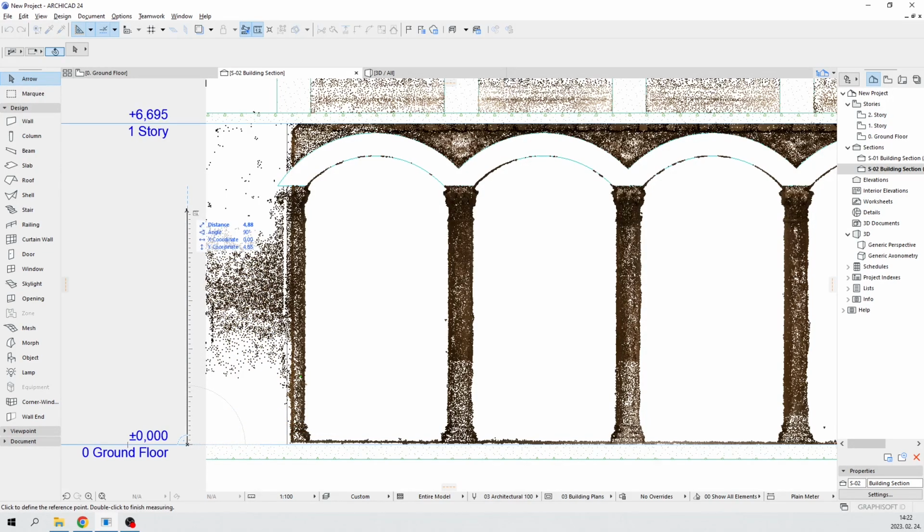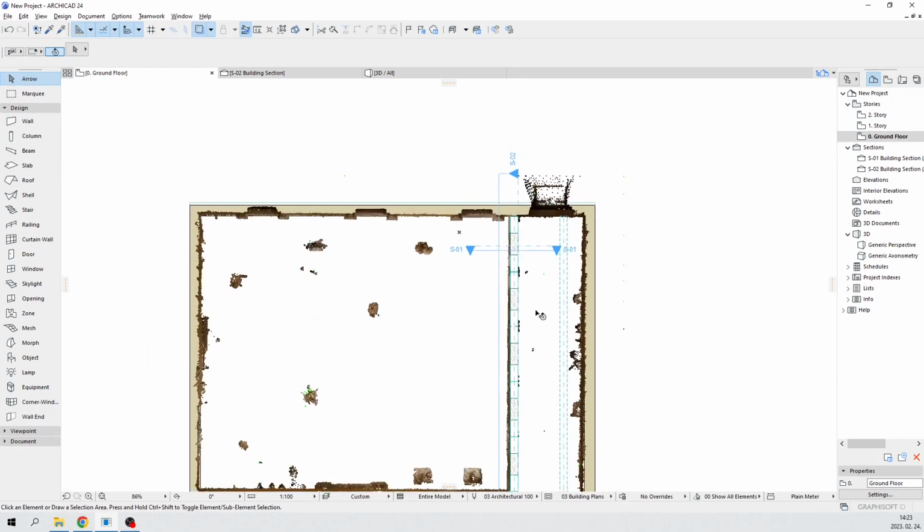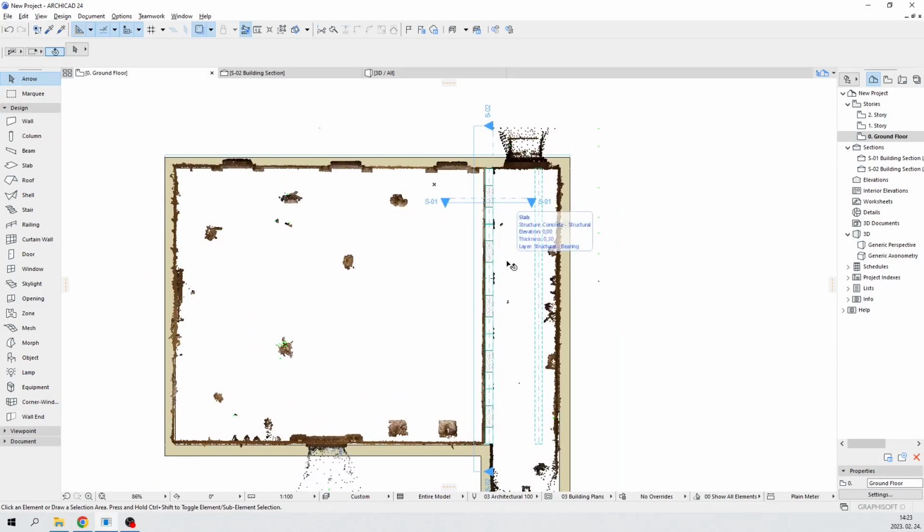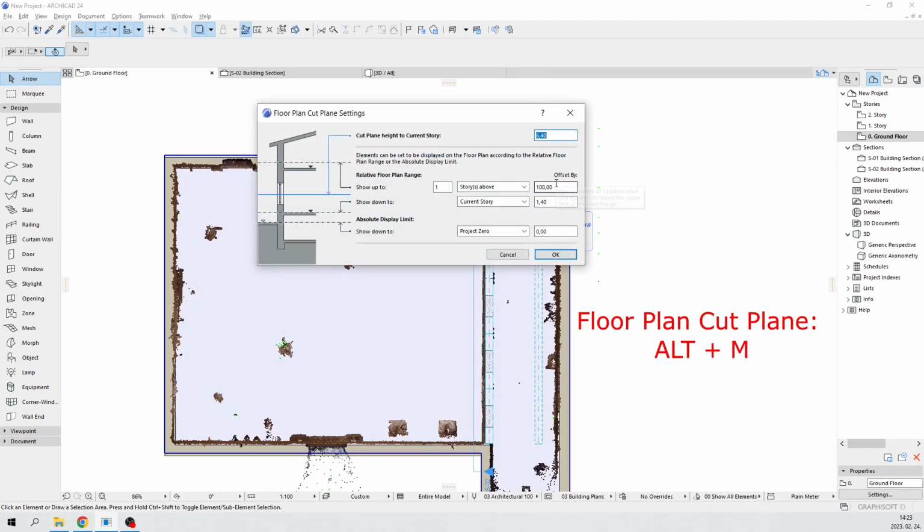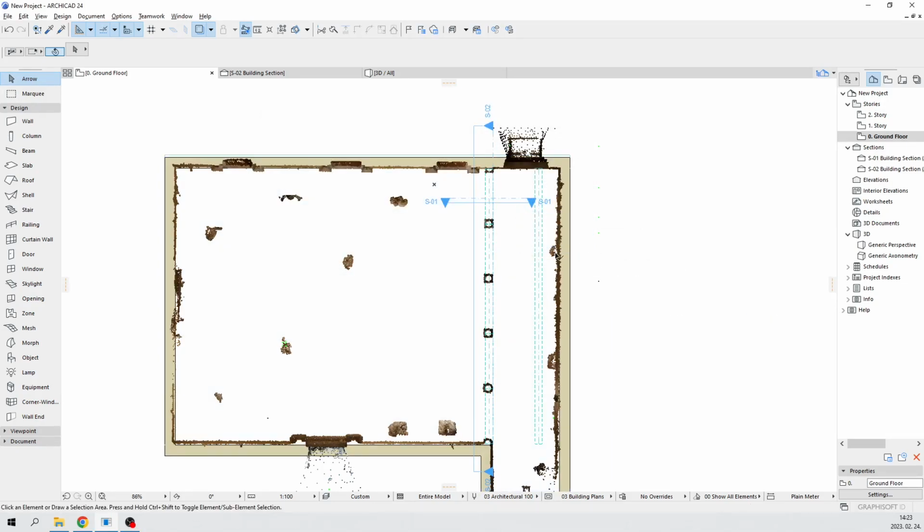So let's measure it. So basically from 5 to 1 or 1.5 is gonna be enough to cut our point cloud. So the top height is 5 and bottom is 2. Nice. So now you can see in the floor plan view we have this nice